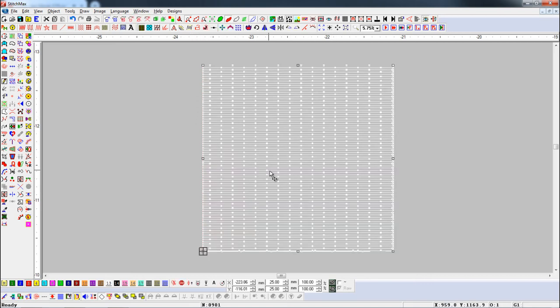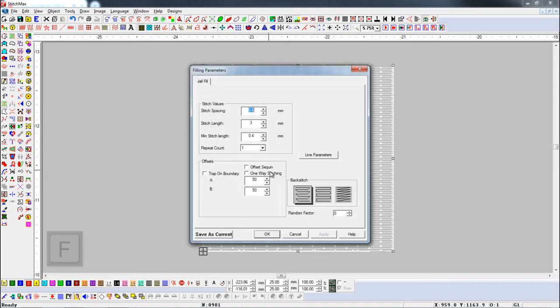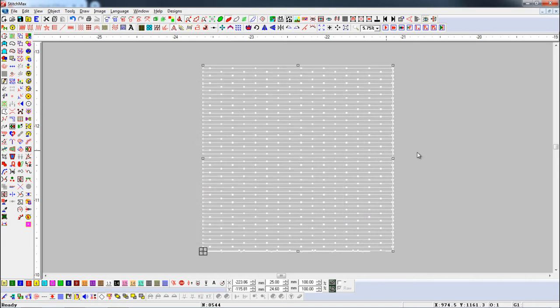Select the object, and open Jall Fill property, by pressing F shortcut key. Here, we will add 1 mm, in stitch spacing. If we want to change stitch pattern,